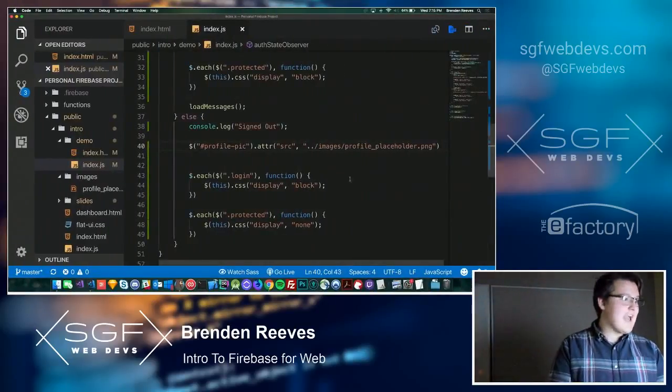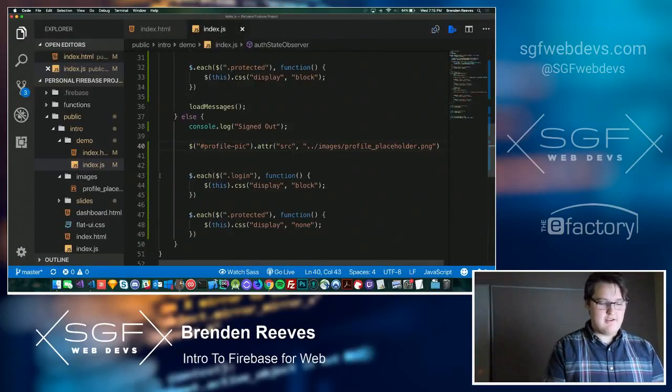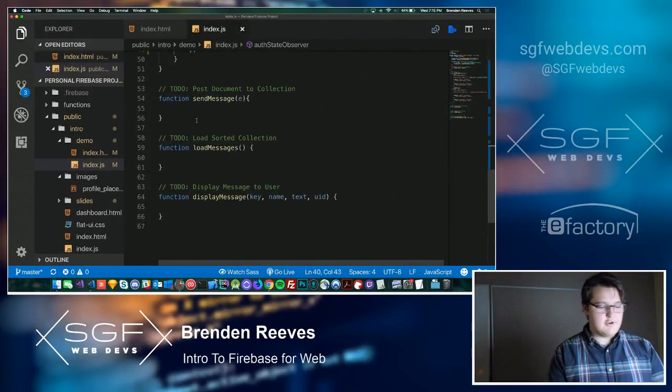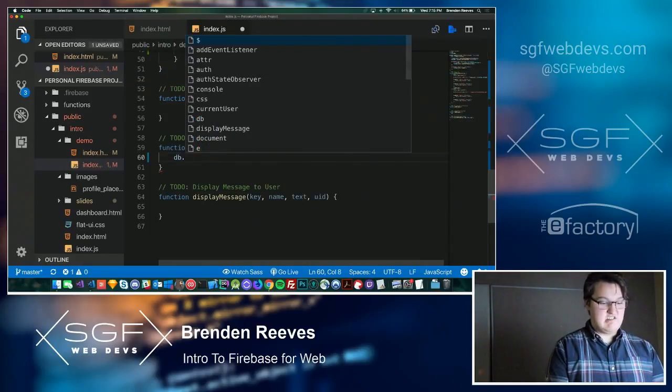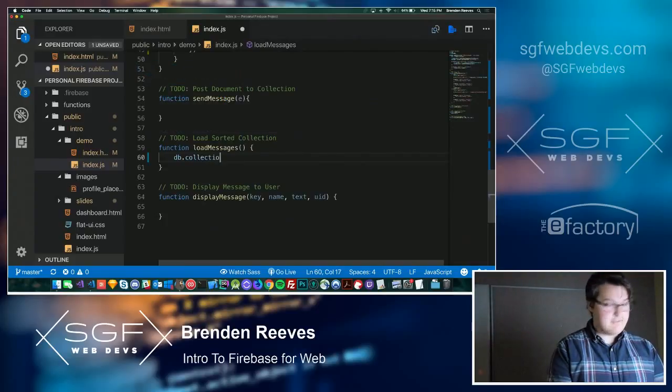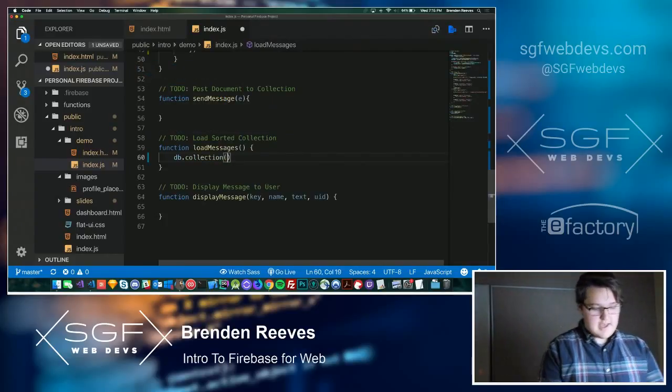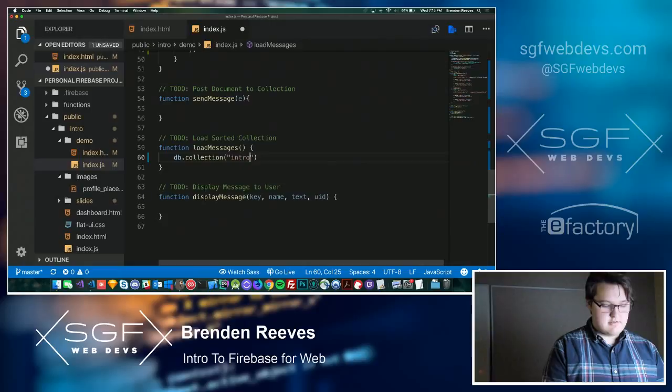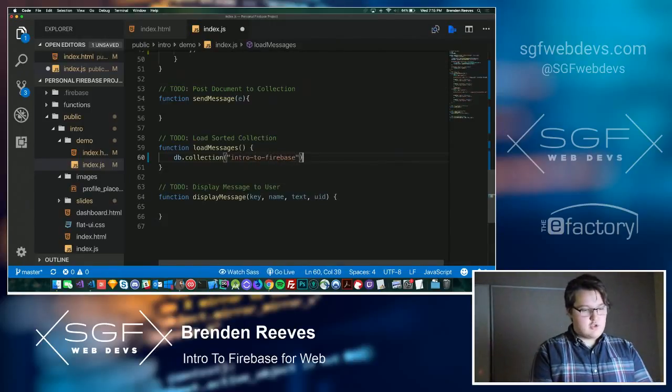So now that we actually have data in there, we're going to be able to load it in. So I'm going to come down here to my load messages. And loading stuff from your Firebase database is really easy. Oh, sorry, Firestore. It's not Firebase. Firebase database because that's a different service. So in this case, I have a collection called Intro to Firebase, specifically for this talk, and I want to